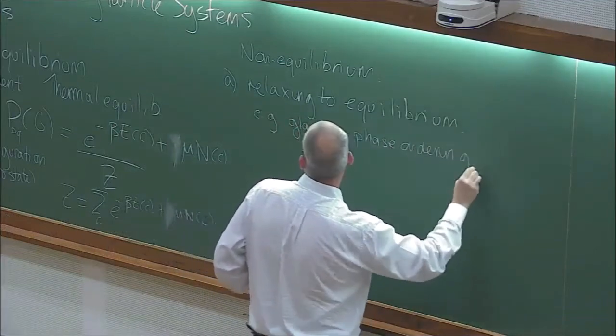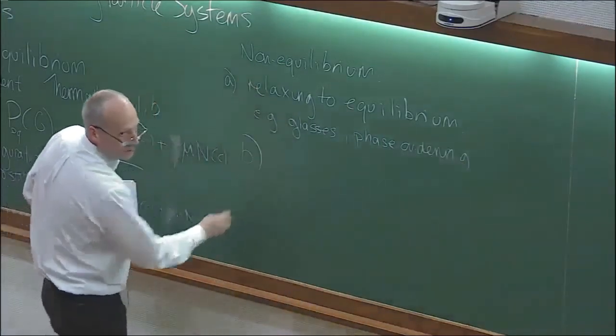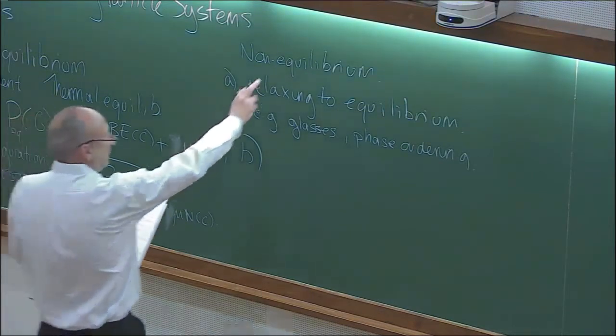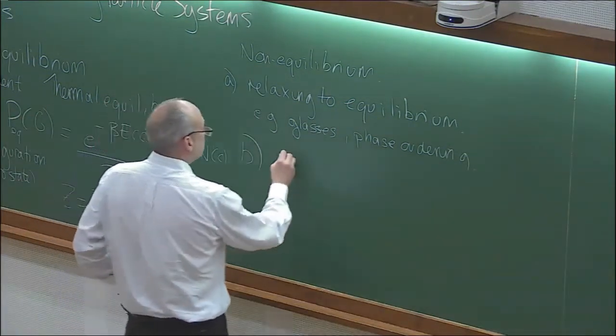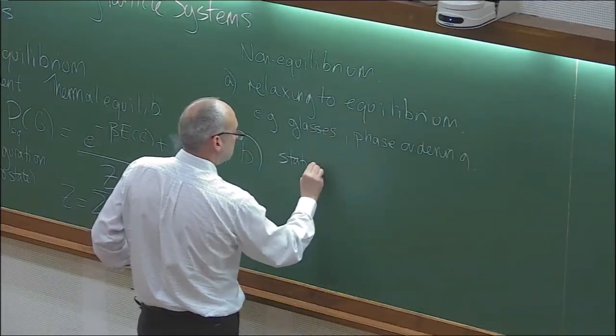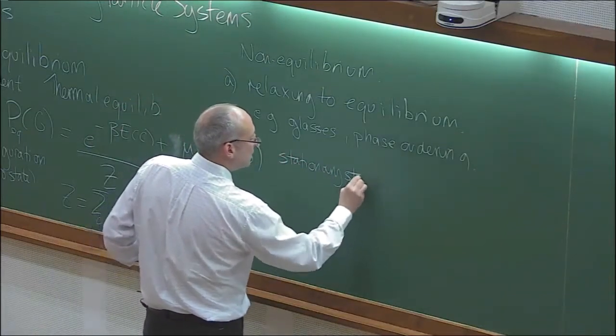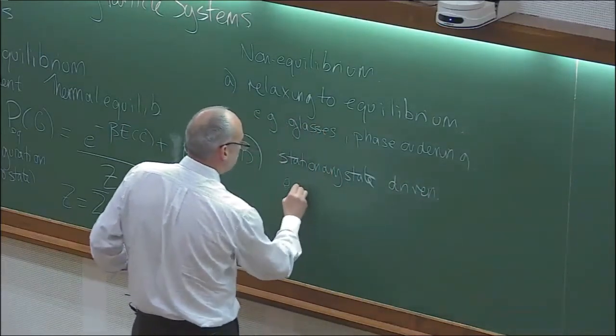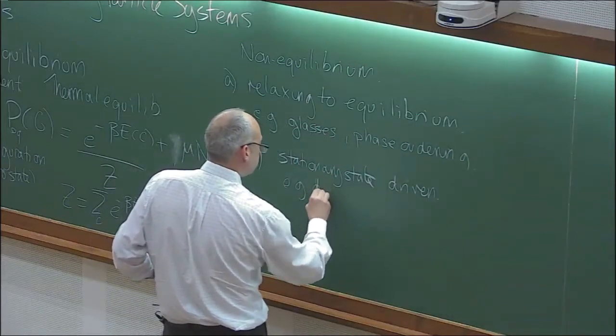Or it may be, the other thing that can happen is that we reach some stationary state after a long time, but it doesn't obey the conditions that we've set for equilibrium, which is this passive exchange with the environment. It may be that somehow the system is driven in some way, and we'll give concrete examples of this. So the second way we can be out of equilibrium is if we reach some stationary state, but it's driven in some way. So it can, e.g., be driven by the environment,